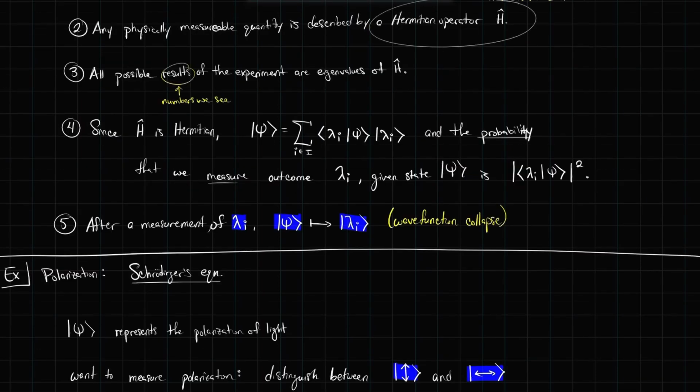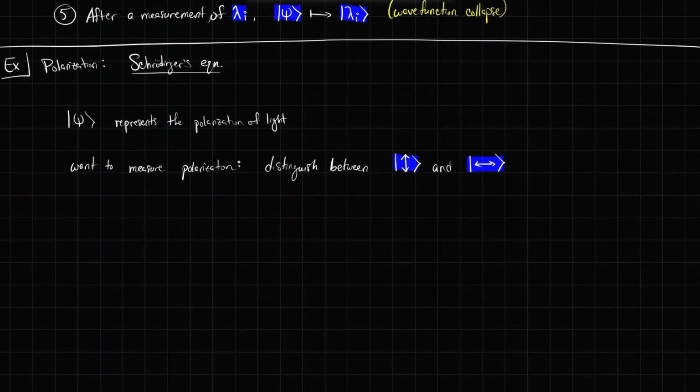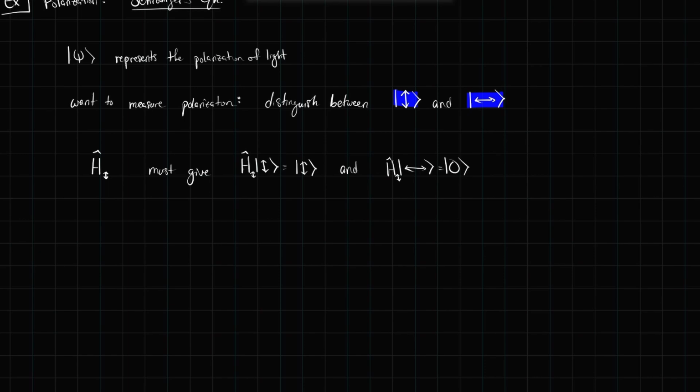And we want to construct a Hermitian operator which represents a measure. So we need a Hermitian operator H, which represents the up-down measurement. What we want out of this is H on up-down equals itself, and H on left-right equals 0. So H up-down on up-down gives itself, H up-down on left-right gives 0. In fact, the 0 vector I'll write like this. You can always have the 0 vector around if you want. But this gives us enough